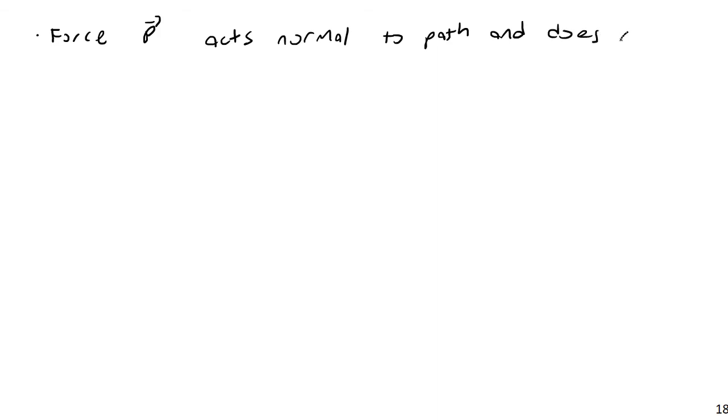Okay, so again, the force P acts normal to the path and does no work, so we don't need to worry about that one. So then, let's look at T1 plus U1 to 2 equals T2. Now the initial kinetic energy is going to be 0 plus, let's see, we already know that the